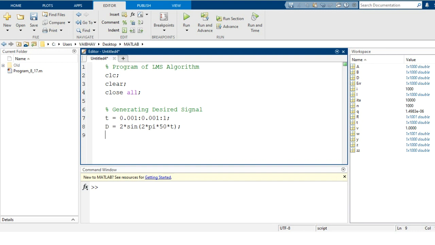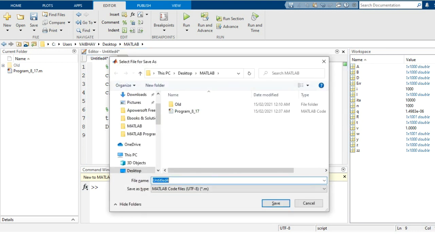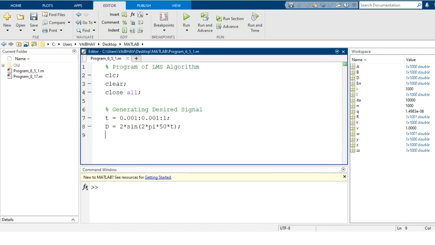Till this step let us save this particular program first of all. As this is our 6th chapter, I will name the program program underscore 6 underscore, as this is the 5th topic, and for the LMS algorithm this is the first part. The next 2 parts I shall make for the steepest descent algorithm and the Wiener filter implementation. So let us save the script with the .m file extension, and